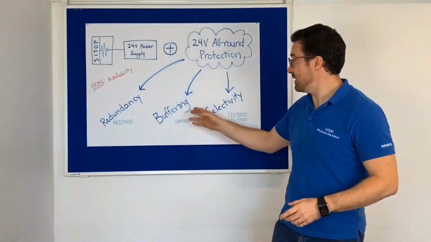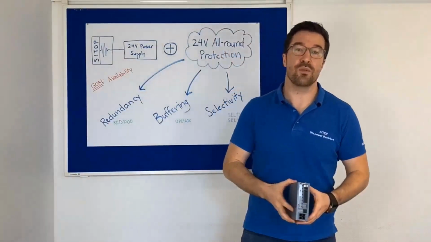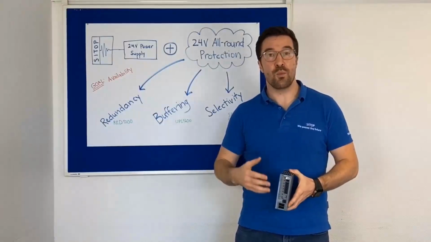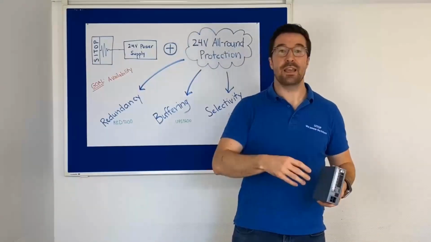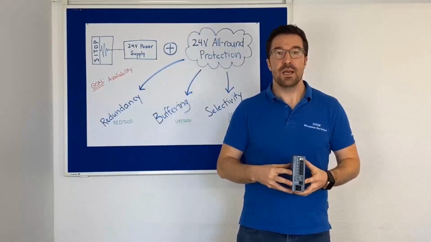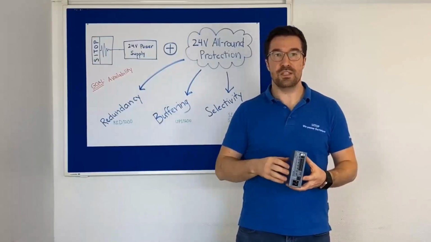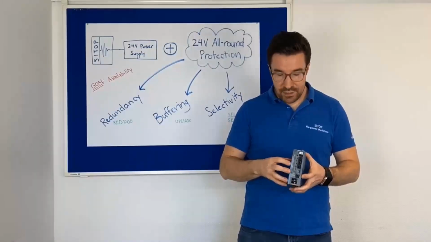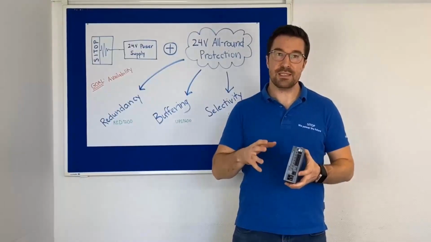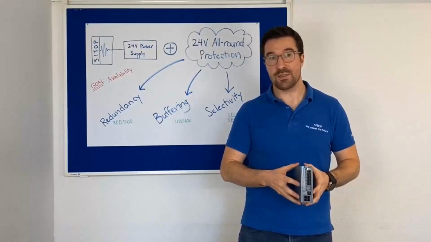The next one is selectivity. Now, people don't always think about it, but a major fault in your 24-volt supply is actually your loads. And when a fault or a short circuit occurs on one load, it can affect the others by bringing down the voltage. Now this device, the selectivity device from Siemens, offers the ability to separate the individual loads into their own protection circuits, and each circuit also gets a threshold. And this again protects any failures on the load side from bringing down your PLC and the other critical aspects.